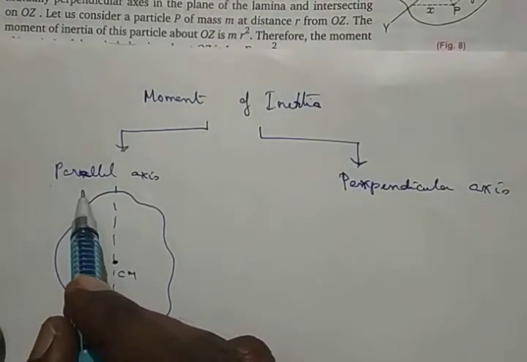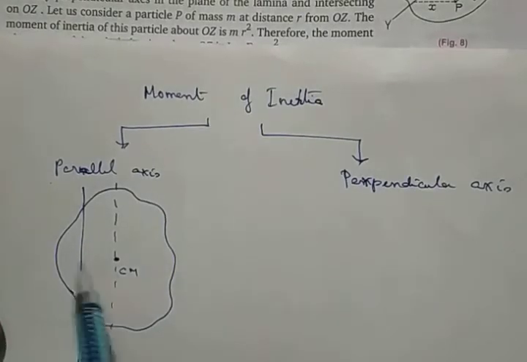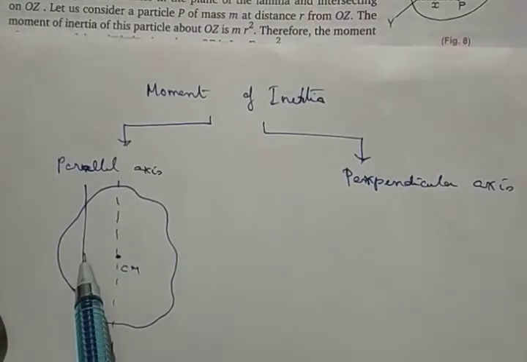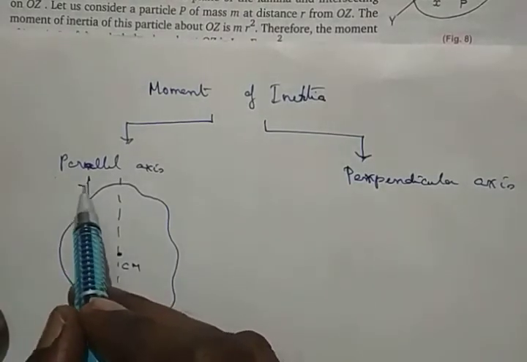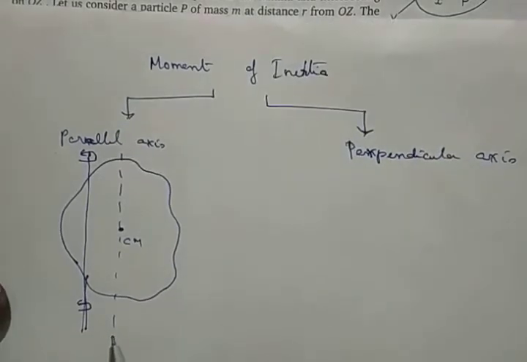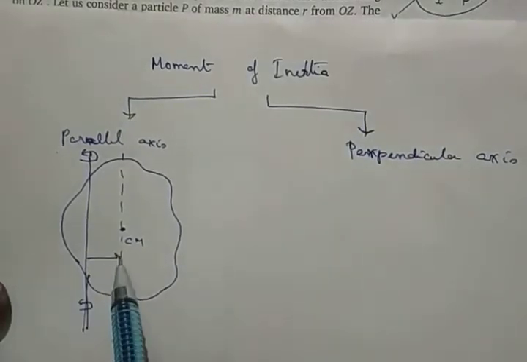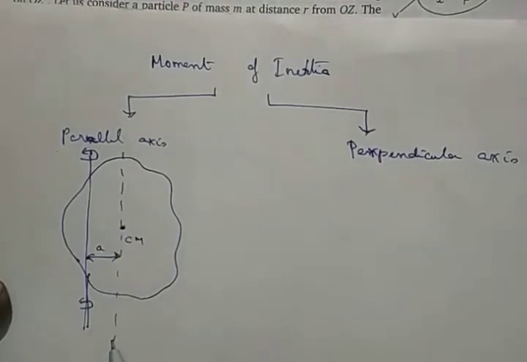But if you wanted, by choice, to make this whole body rotate along any other axis parallel to this one, and this axis is at a distance of a from the center of mass axis,